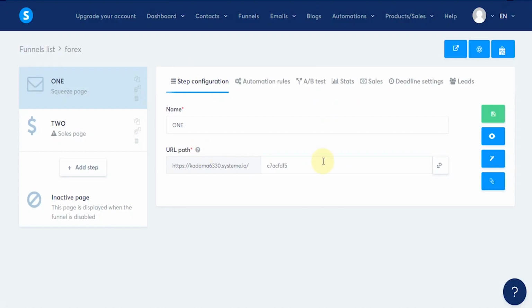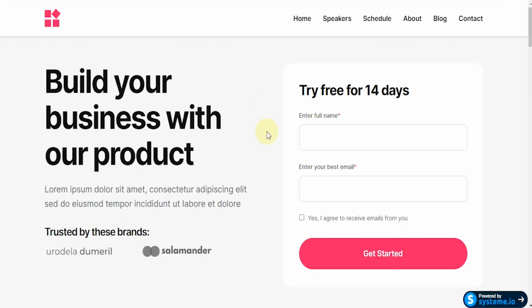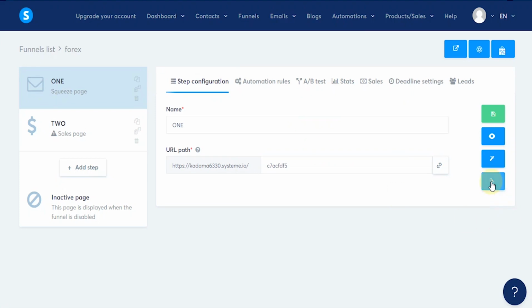So we head down to this place, and here we have edit page, change page template. Let's say that I made a mistake, that I don't want to use this template again, that I want to choose another one or a different one. I'll come here and I will click on change page template. Now here is if I want to view the template, and here is if I want to save